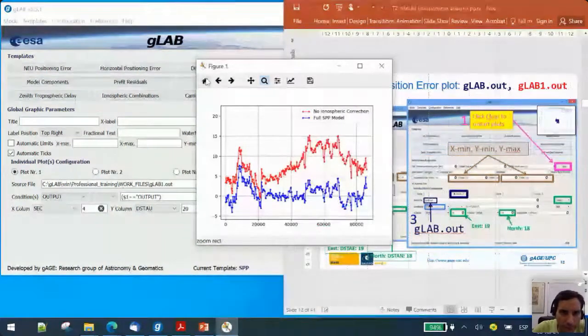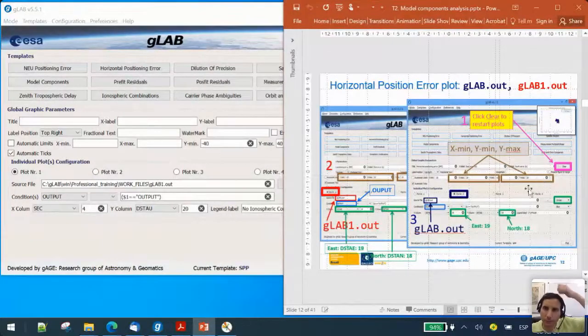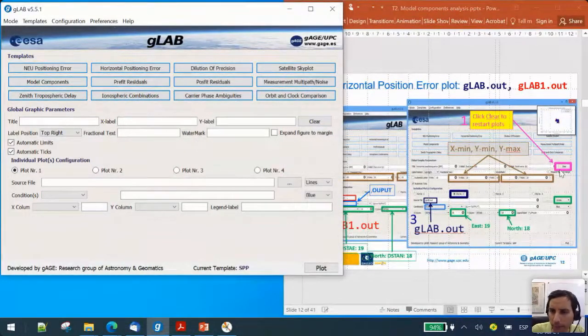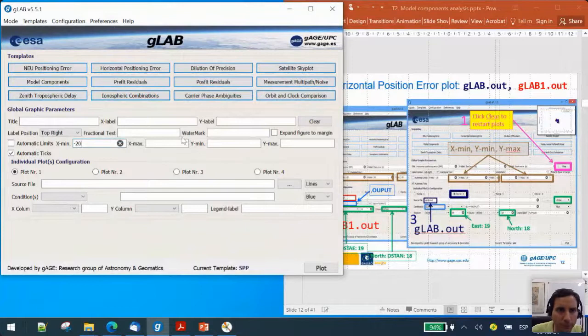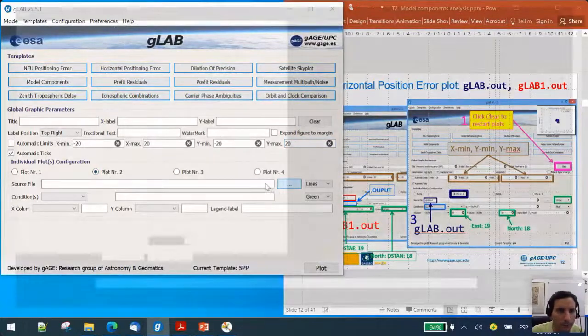So we leave this plot minimized somewhere, and we can do the same for the horizontal error. So basically we clear, so we restart the plotting. We put the limits that are suggested in the slide. So we will plot a rectangle of -20 to 20 meters, and then in the second plot we put the